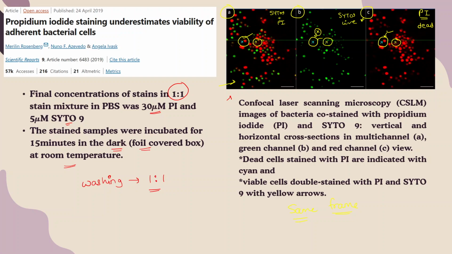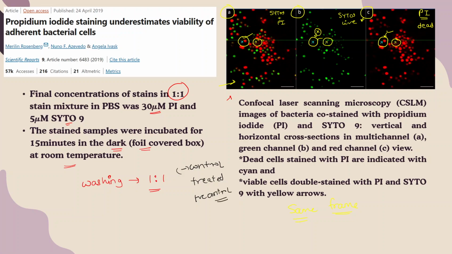If you are treating it with any kind of treatment, like an antibiotic or any other treatment, then you can use this stain. Also remember that when we go through most of the research articles, we see that they generally refer to a control set. One is the control set, then one is your treated set, and another one is a positive control. One is negative control and another one is positive control.